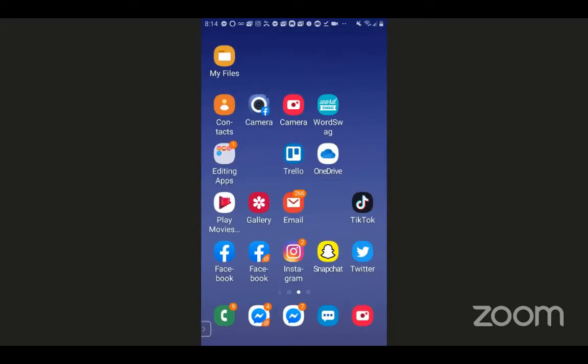Now, Amy, do you have an actual camera up here in the upper left, where it says My Files, and then it says Contacts, and then Camera to the right? That's a Facebook camera. Do you have one of those on your screen, or do you have to go into Facebook to create a story? I don't have one of those on my screen. I'm going to figure out how in the world we can add that,